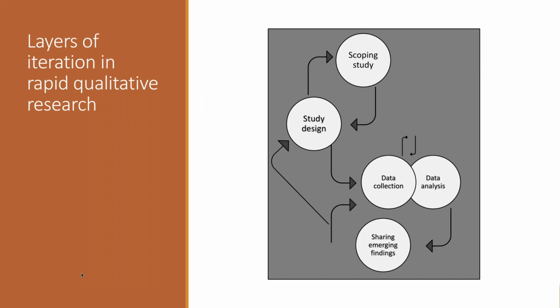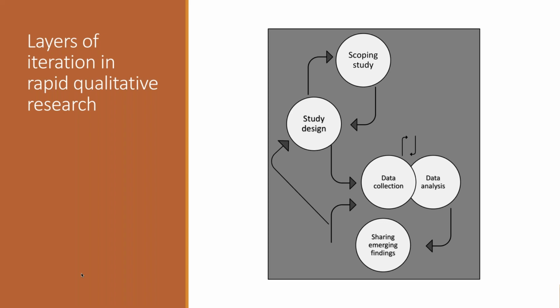So this now takes us to, I guess, one of those first features around iteration. Sorry, I've developed this diagram here to show some of the layers of iteration that are normally used. I'm sure there's quite a few other ones, but this just gives you at least an idea of the key ones. So thinking about that preparatory stage, that scoping stage that we've outlined here, and how that early work will influence that study design.